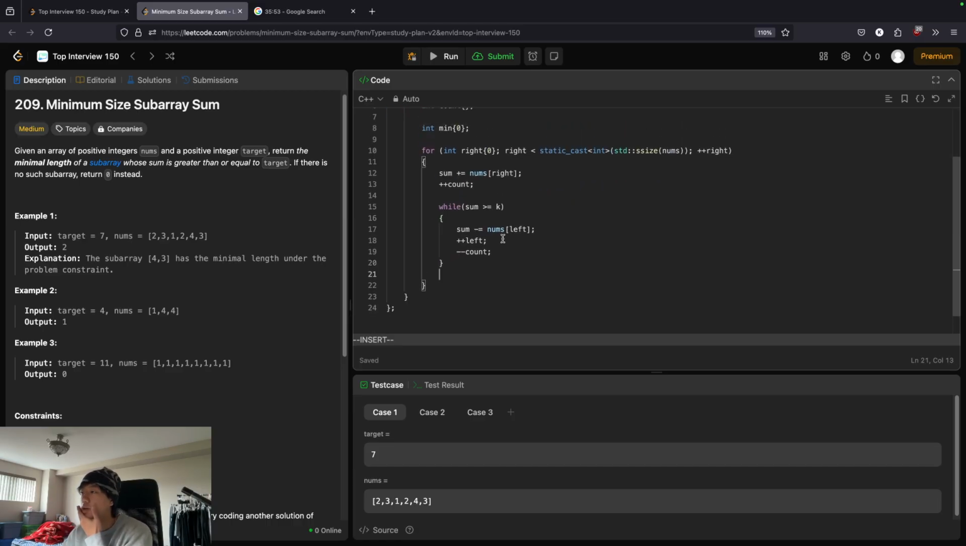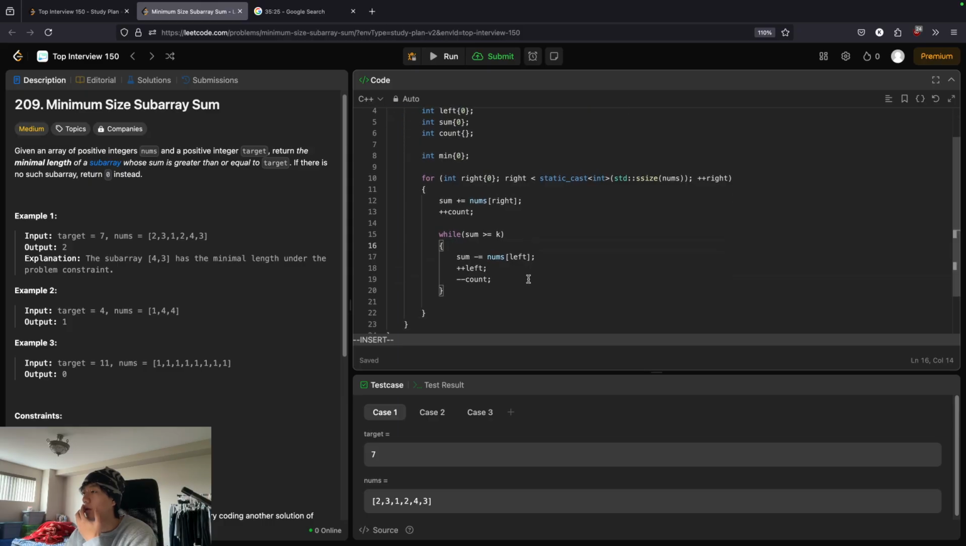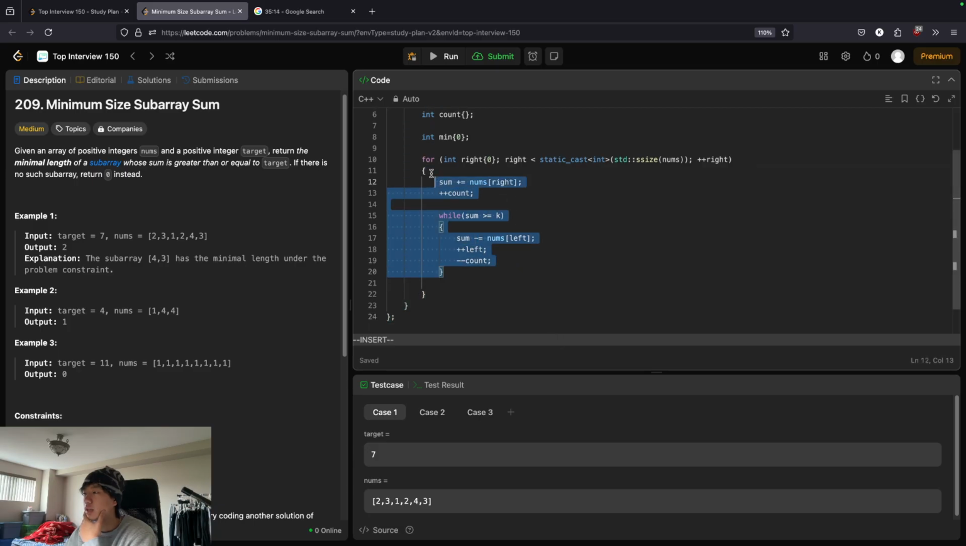And the question is, when do we initialize our min to get the output? While sum is this, what we can do is we can set count to min to count once. Because right now this should work. This should print out